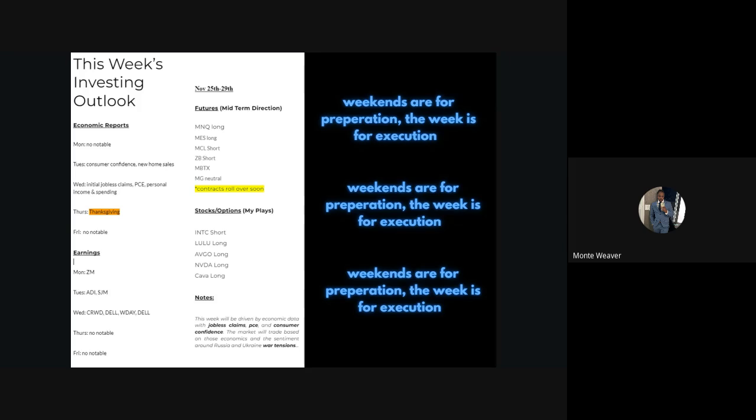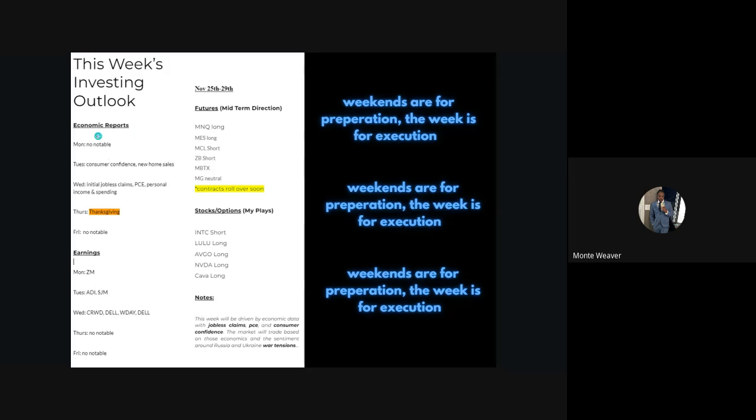The futures market is already open. I talked about looking at the futures market to try to tell the direction of the market for the morning. It opens at 5 p.m. on Sundays, right? So you should already be looking at that to try to get a direction of where the market is probably going to go for next week.